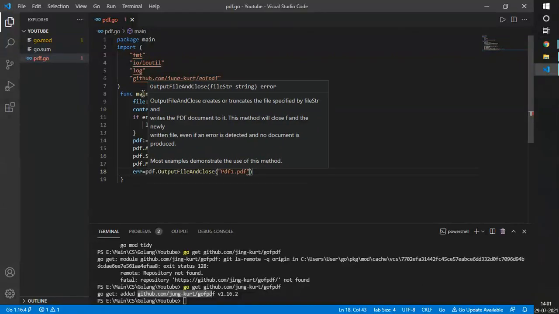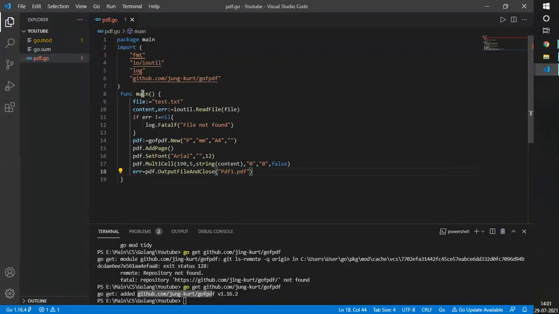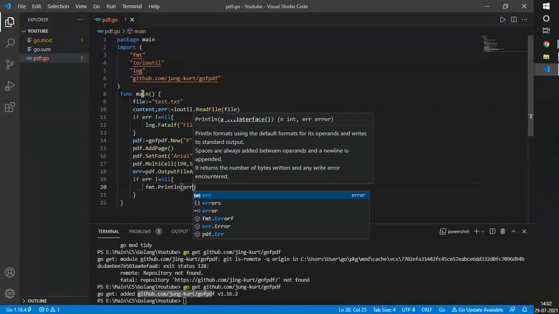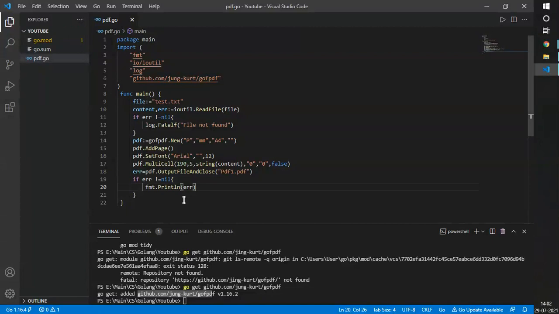And in the end, if the error is not equal to null, then we will just print the error. If you want to add any comment over there, you can go ahead. And then error. That's over.